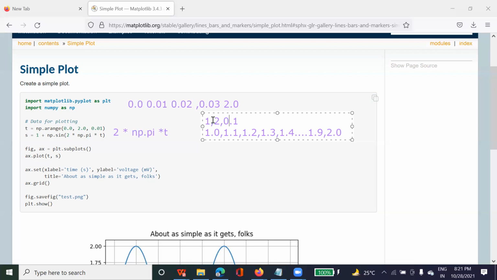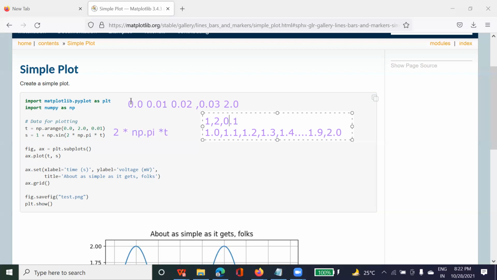No, you are wrong. I'm talking about the starting value, which will be 1, and the end value will be 2, and you will have an interval of values having a difference of 0.1. Like here, 1.1: when you subtract 1.0 from 1.1, what is the interval? 0.1. When you subtract 1.1 from 1.2, what is the result? 0.1. That is the interval between these two. Similarly, when you subtract 1.2 from 1.3, the difference will be 0.1. So the interval will be 0.1 between every element, and the starting value is 1 and the end value is 2.